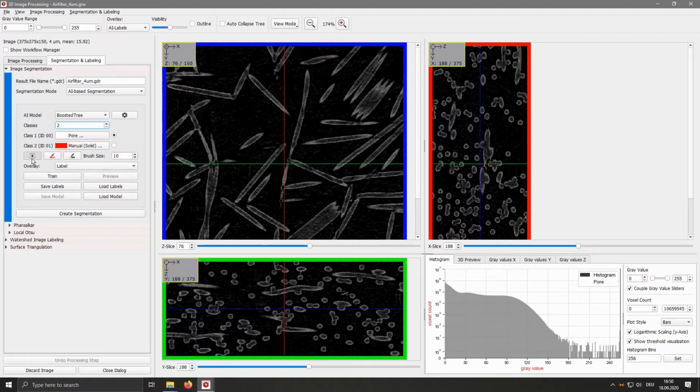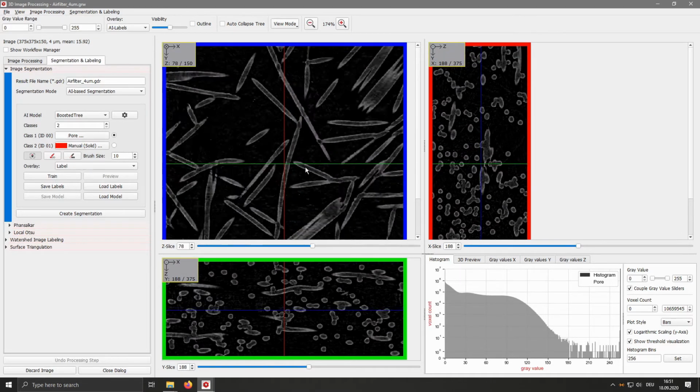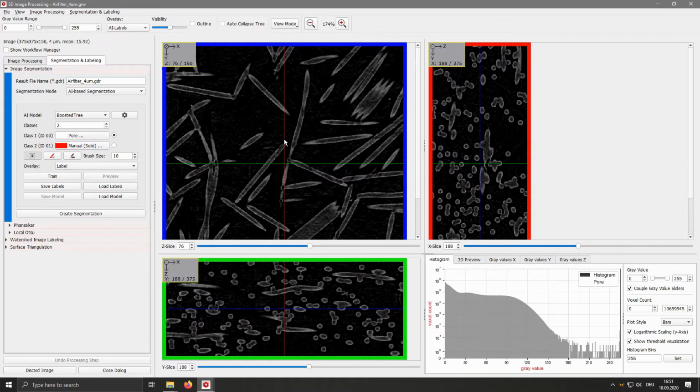By default, we are in the navigation mode as we have been before, where you can click and hold to move the scan around or use your mouse wheel to switch between the slices. Next to that is the paint mode. That's the mode we will now switch into, and this will allow us to paint our labels onto this CT scan.